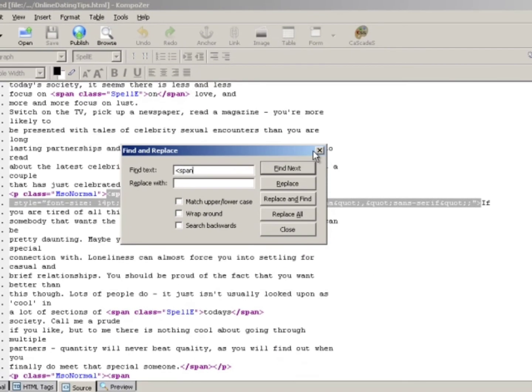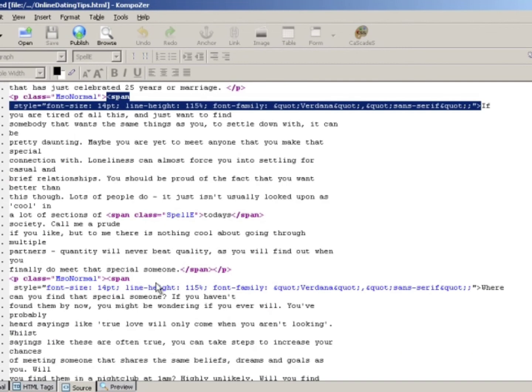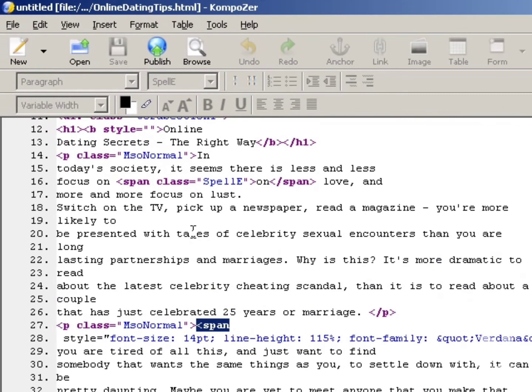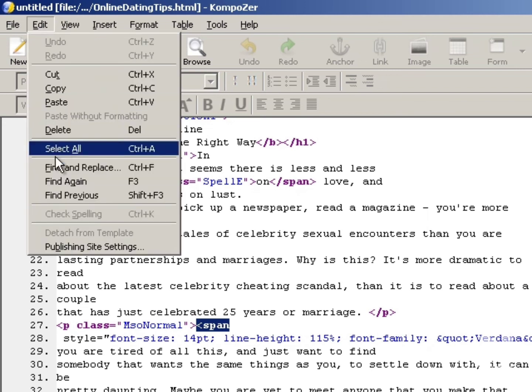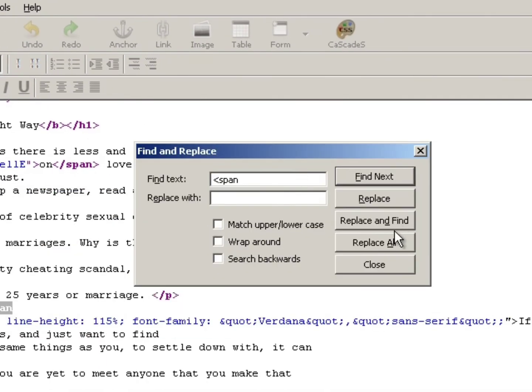It's not going to work. I guess it's a different line, so I'm going to have to do this. Yeah. Click on edit, click find replace, put that in there, and then just keep the replace field blank.